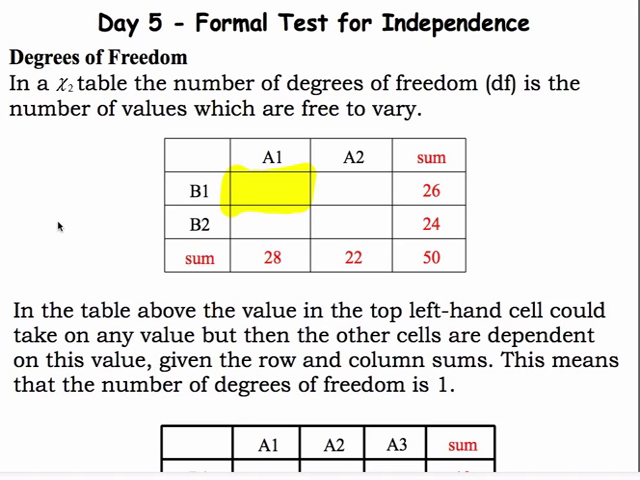Hello, this is Mr. Collier, and today we're going to look at the chi-squared test for independence and how to calculate that on our calculator. First, we're going to look at degrees of freedom, and what that basically means is, for example, if I've got